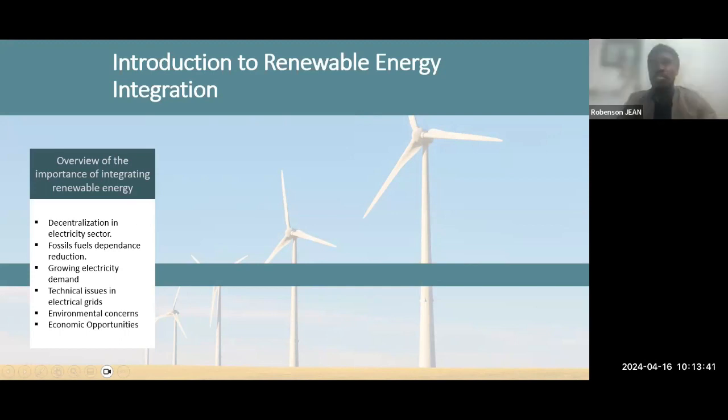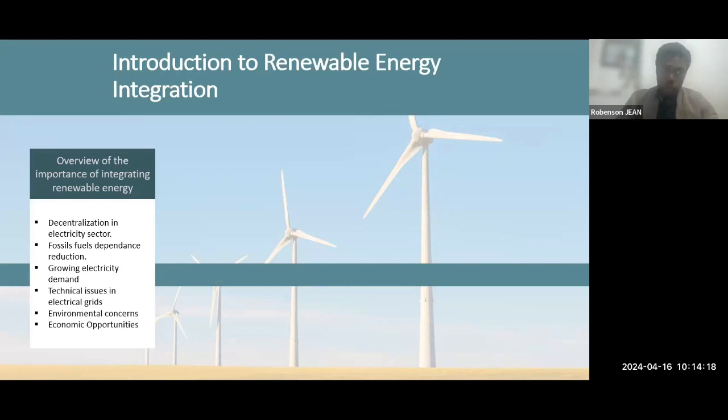possibility to have various types of sources, such as we can have solar power plant at one side, wind power plant at one side, or also we can go for hybridization, like we can have a hybrid power plant, like a mixture between solar and wind, or between geothermal and solar, for instance. And also, this helps to face the growing electricity demand